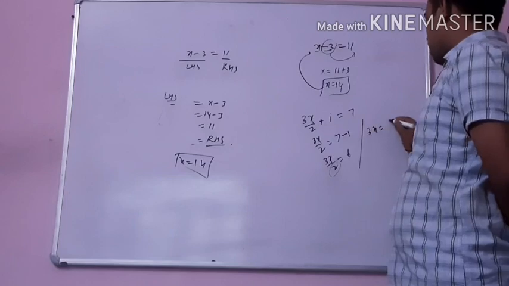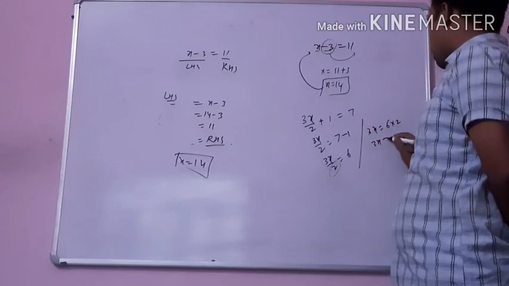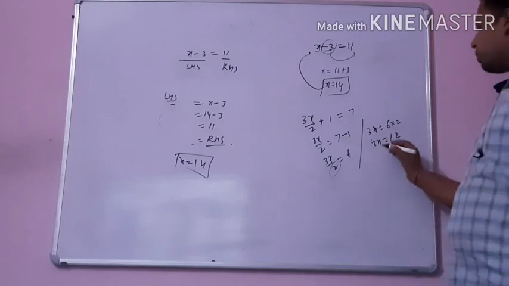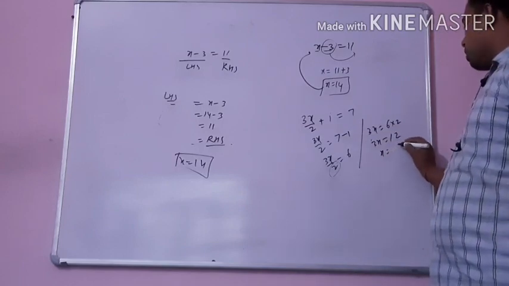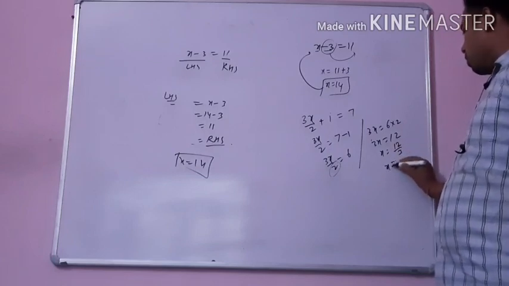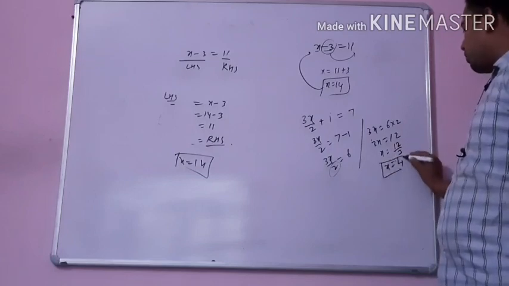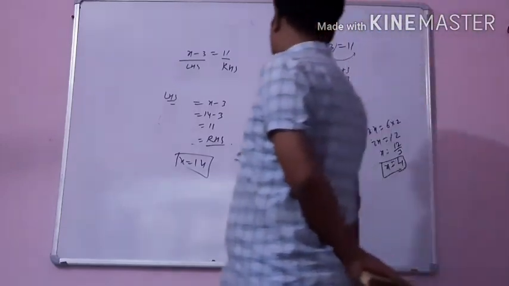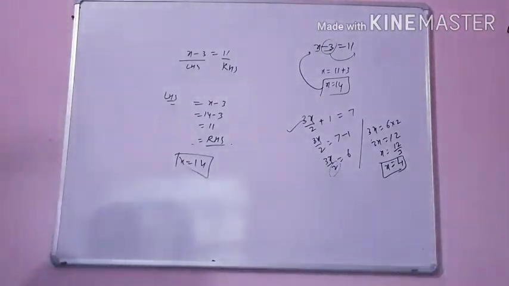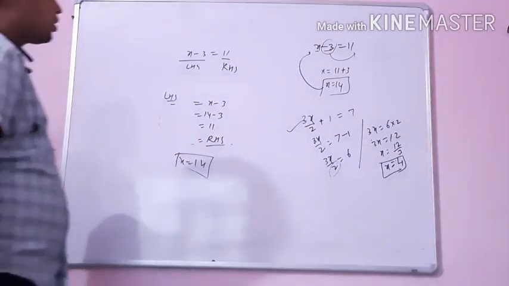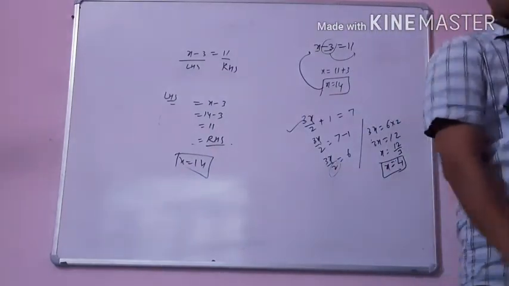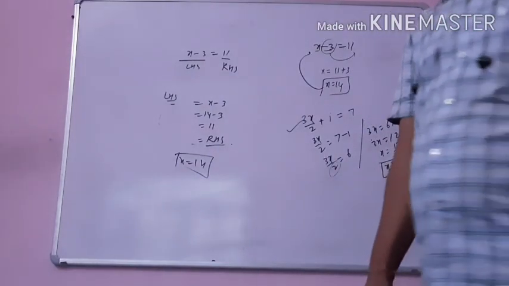So 3x equals 6 into 2, 3x equals 12. Now 3 is multiplication, when this comes to this side, it will be division. So x equals 12 upon 3, x equals 4. So the solution of the given equation is x equals 4. When we put x equals 4, the condition of the equation will be satisfied. Whenever you take a value other than 4, the condition will not be satisfied.